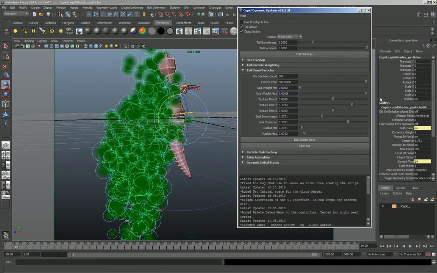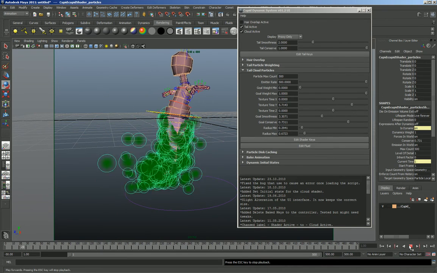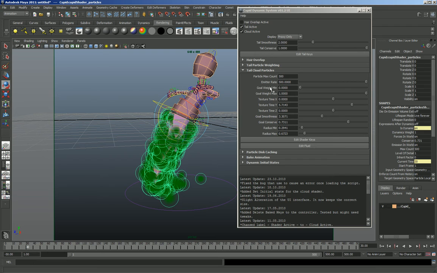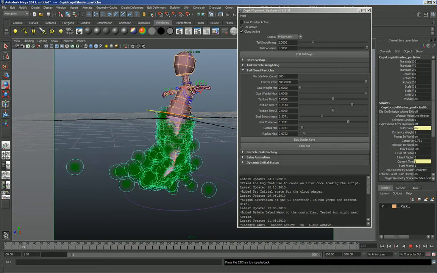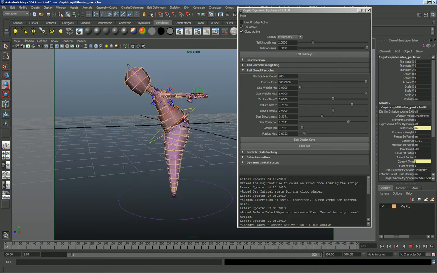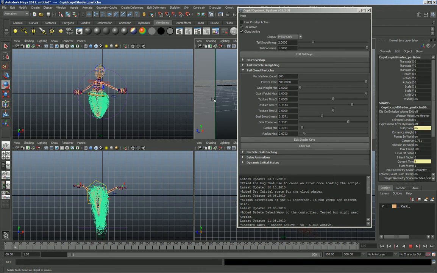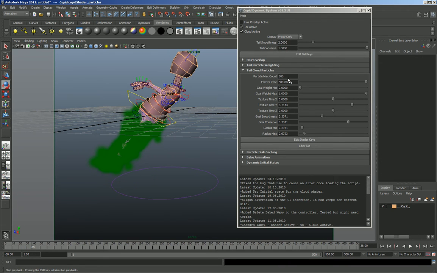So now, if you set the goal weight min to 0 and the goal weight max to 1, then you'll get a random number between the two for that throughout the whole tail, so you'll get a lot more movement, although it doesn't look so nice. Depending, I mean, you'd have to really crank up the amount of particles for it to look good when rendered,